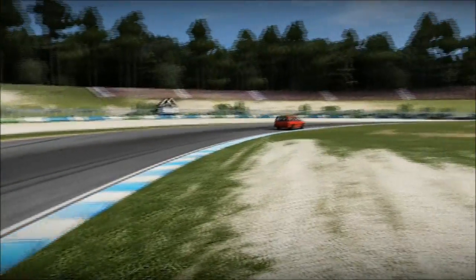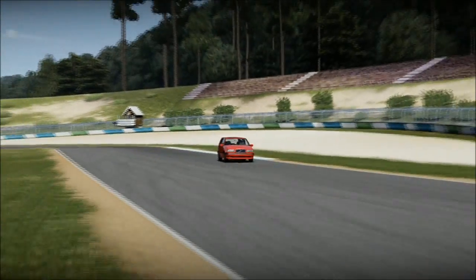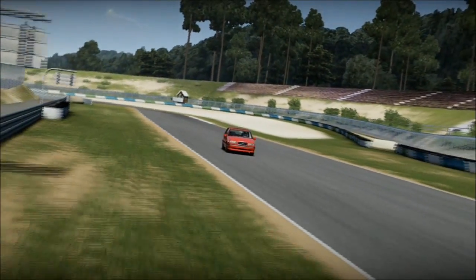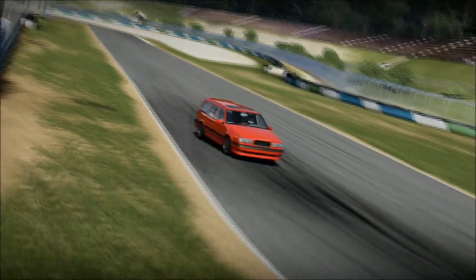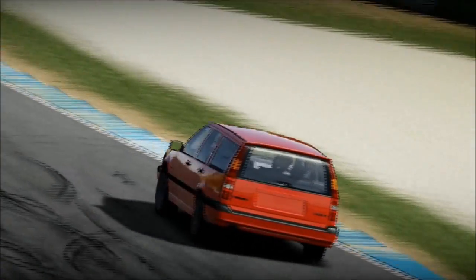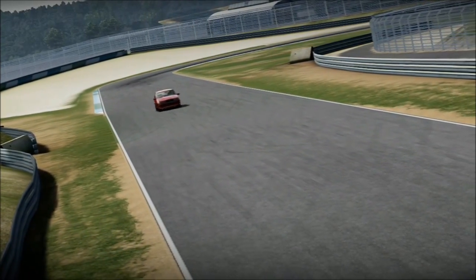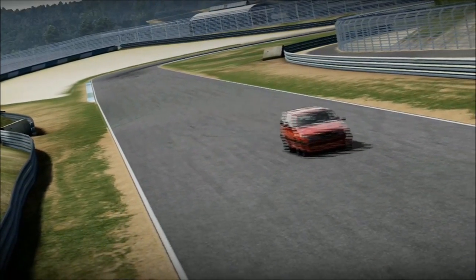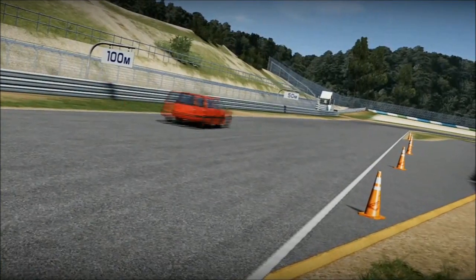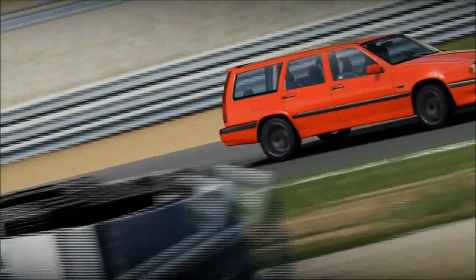What is wrong with Turn 10? If you're getting a performance car, make sure you get a manual gearbox version. That way, everyone can be happy, not just people who drive automatic cars. And people who drive automatic cars, you're just lazy. Use the clutch pedal. It's what it's there for. Makes the car go faster. Rant over. The car is fantastic. Buy the pack. What is wrong with you? Why are you sitting here? The pack is